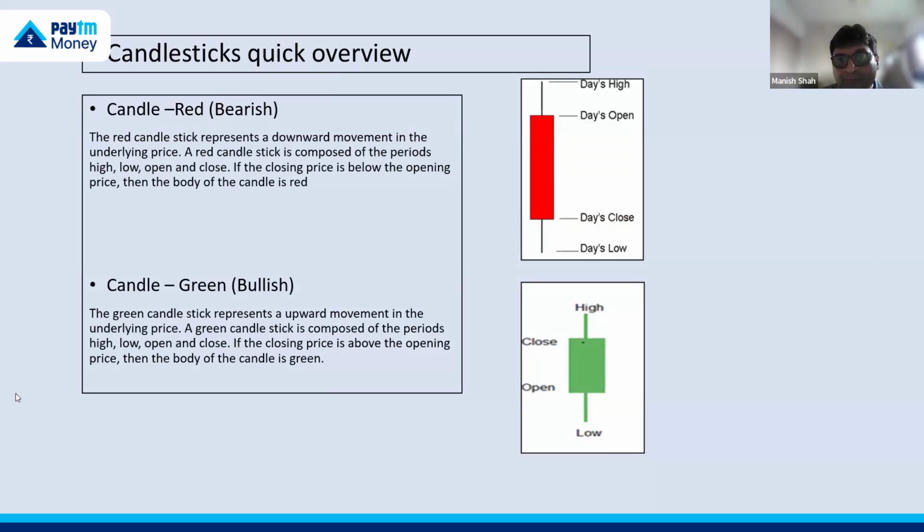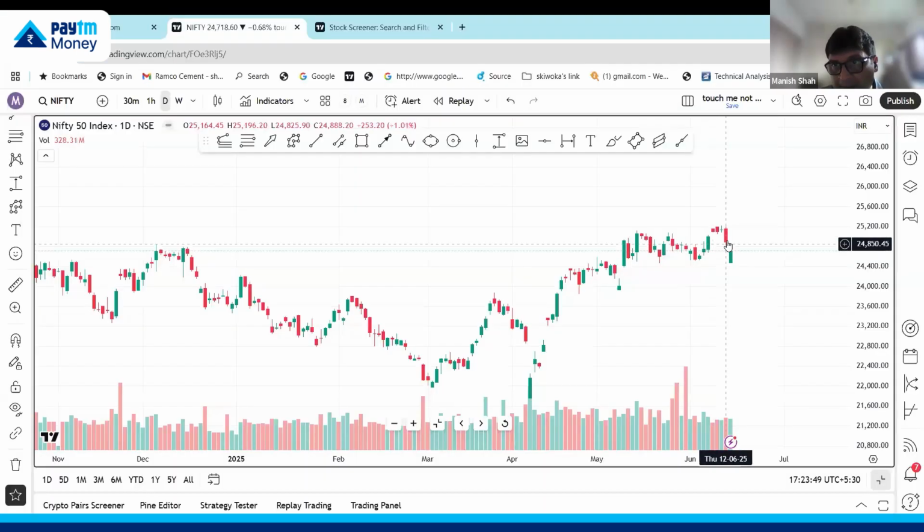Okay, so now what we have here is Nifty. देखो निफ्टी में क्या हुआ, yesterday the market closed at the low and today the market has closed above the open. Now look at this. देखो न्यूज़पेपर में क्या दिखाएगा आपका कि मार्केट 169 पॉइंट्स नीचे था कल के हिसाब से. But in reality what has happened, why is the candle green? Because there was buying that came into play. Okay, market में buying आया था